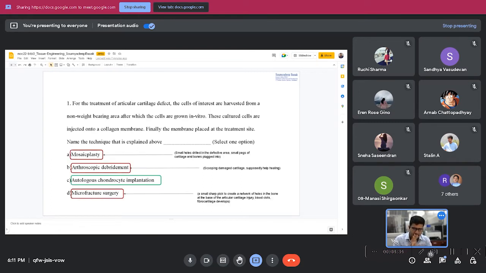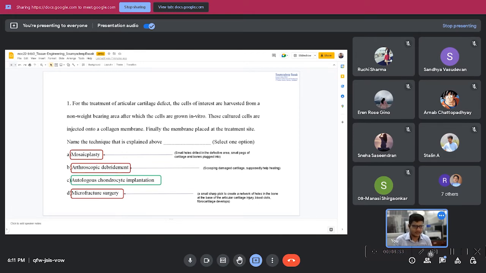So other options are equally as important. So what is a mosaicplasty? Mosaicplasty is, as we know, where small holes are created in the defected area, and small pegs of bones and cartilages, or bones or cartilages, are inserted into that area, so that it helps in